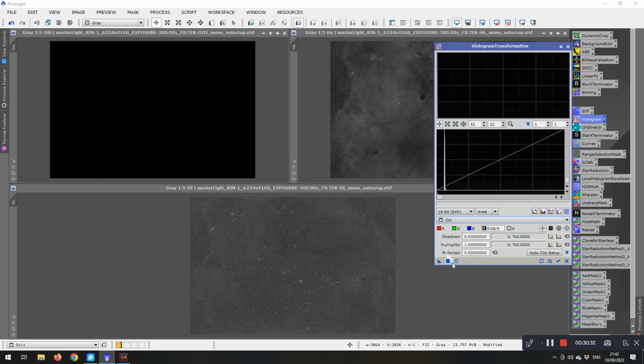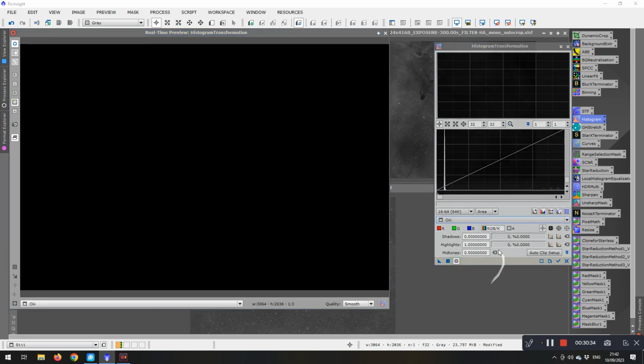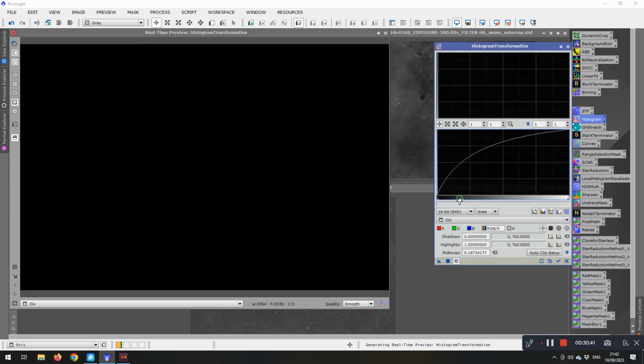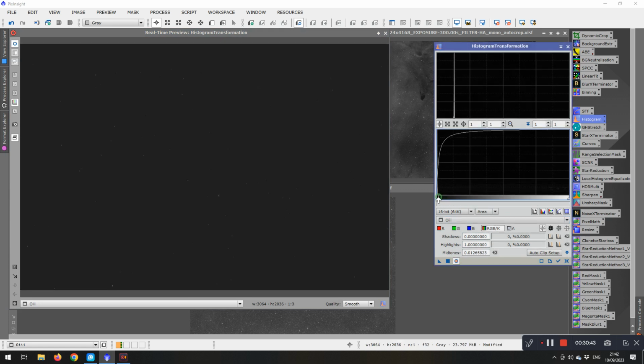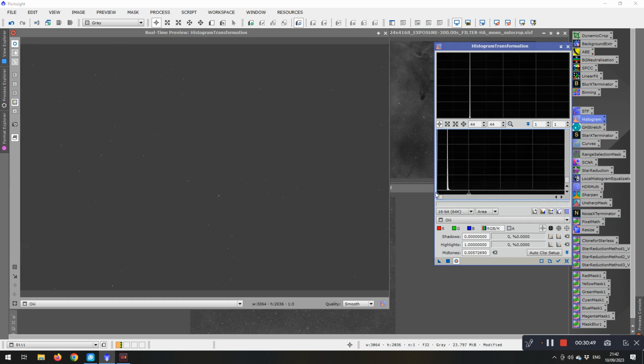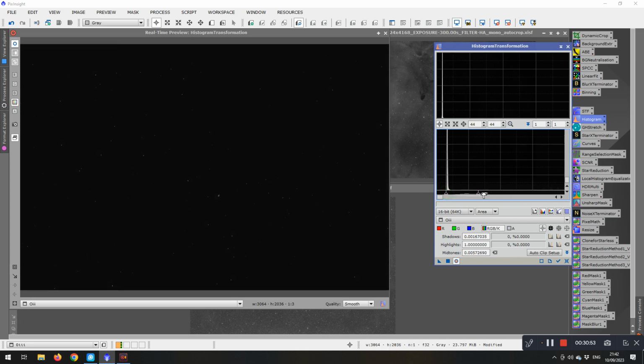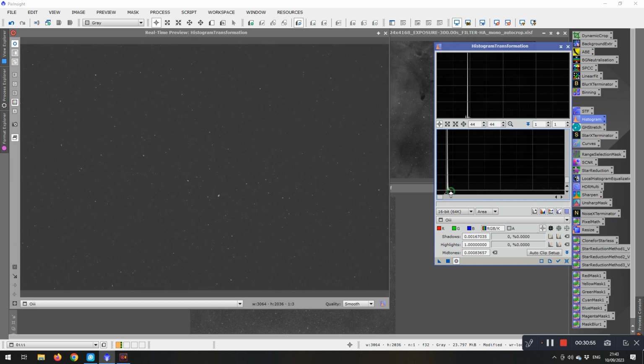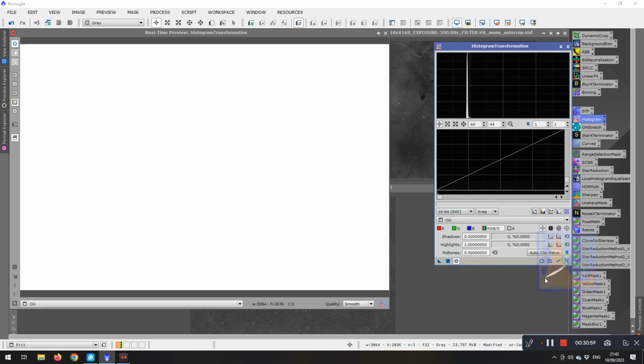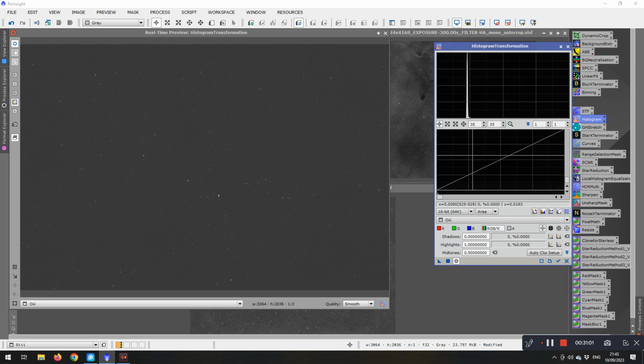Finally on to the oxygen. Again, pull the midpoint across, zoom in, pull the midpoint across to the 25%, move the black point up, apply, reset, and